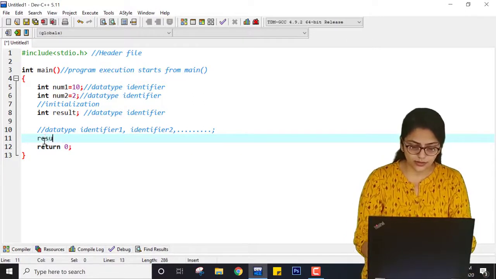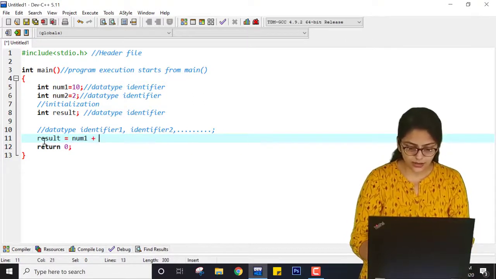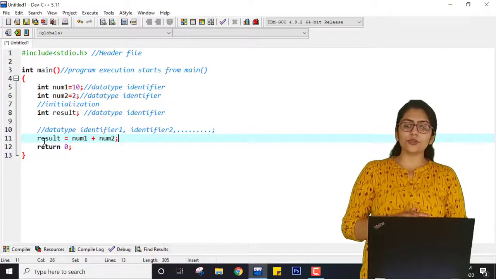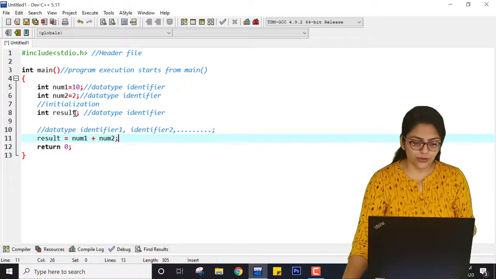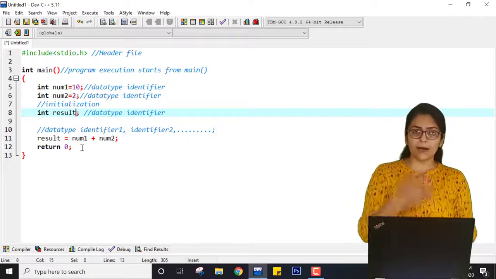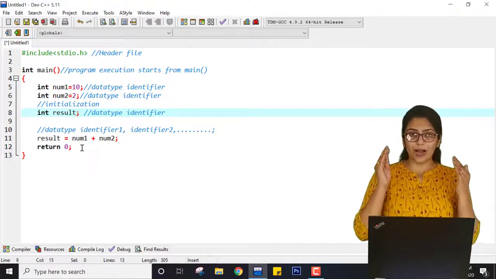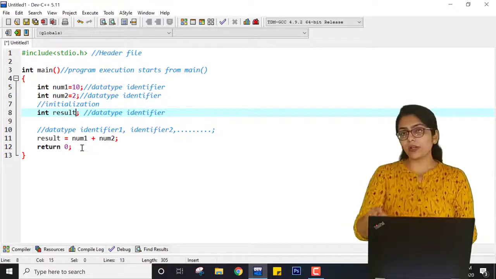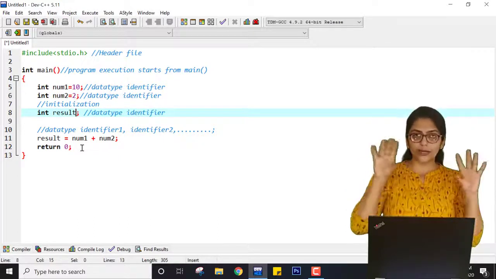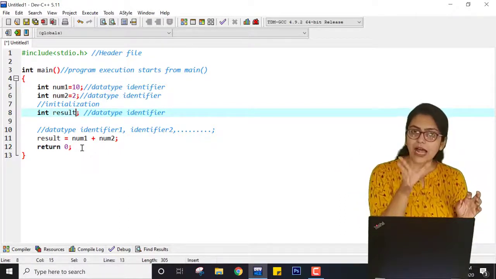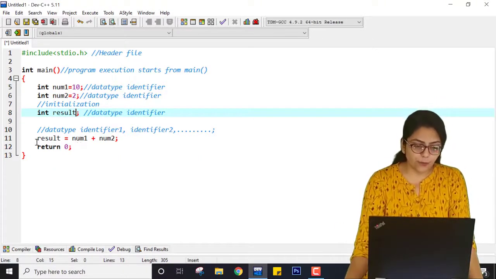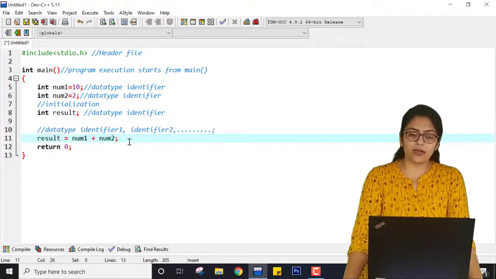Now, what is result? Result equal to num1 plus num2. In the initial stage of programming, what students do wrongly is they initialize result also. They write 12 over here. This is wrong, because if I am giving result the value at compile time only, then what is the aim of this program? I am writing this program to get the result by using programming, not by using my mind, right? So I have to find the result using some equations, not by directly writing the answer. So don't initialize the result. Result can be obtained only after the addition of num1 and num2.